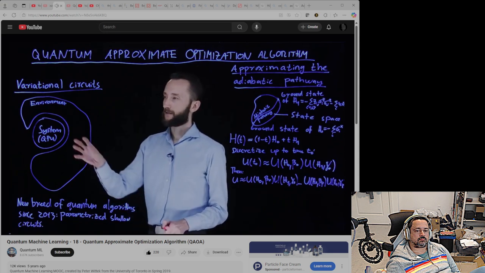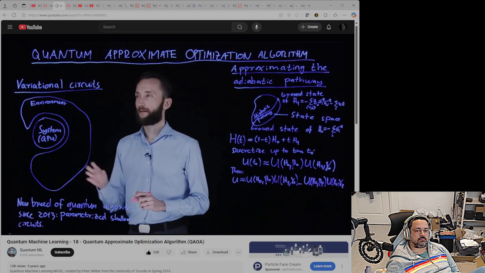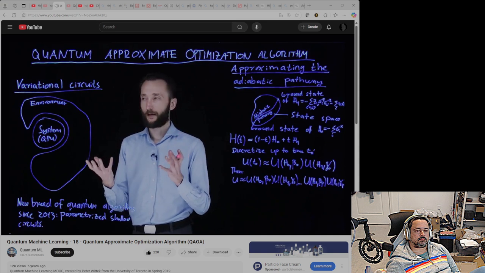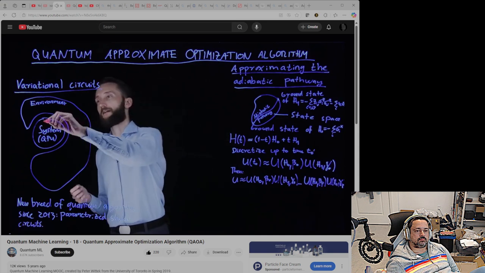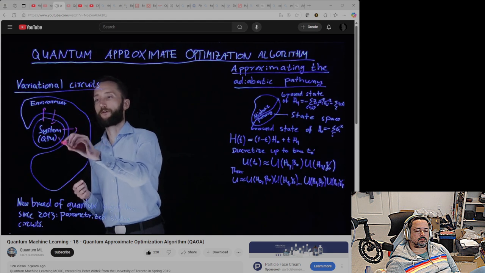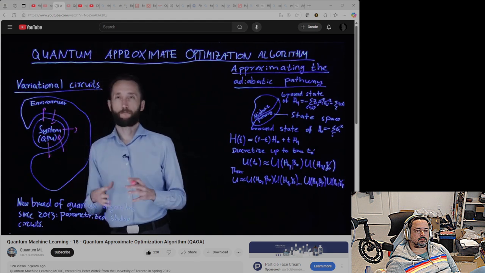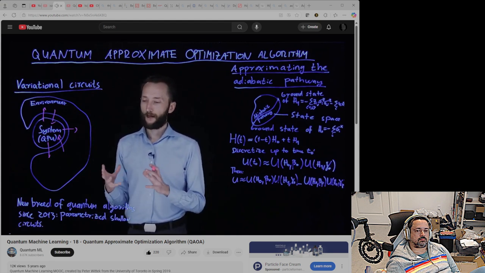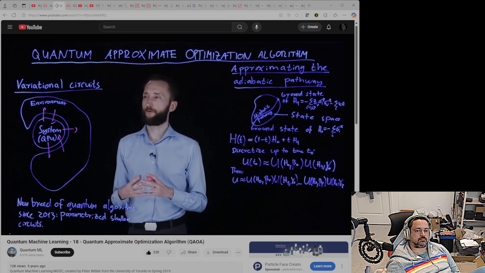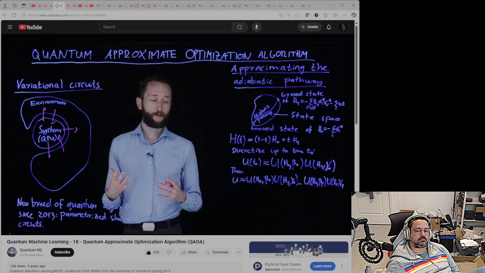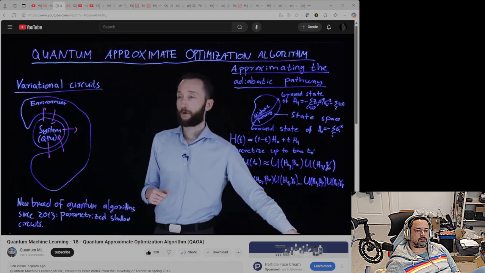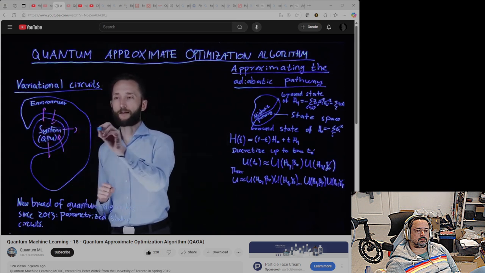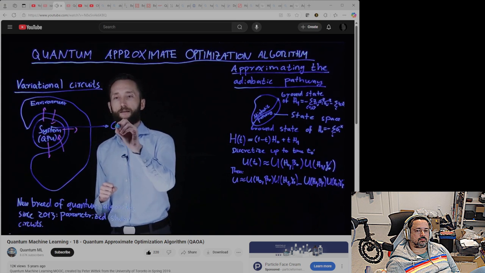Because if we have a system, which is our quantum processing unit, it's embedded in an environment, whether it's a superconducting architecture, whether these are trapped ions, there's always an environment. And there is some interaction going on. So you will face decoherence and equilibration, all sorts of strange processing going on. So we have this limited ability to control the system, and this limits circuit depth, for instance. So what we want to do is run a short burst of calculation on the quantum processing unit, extract the results to a classical CPU,